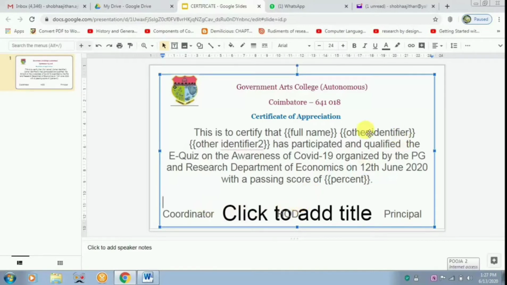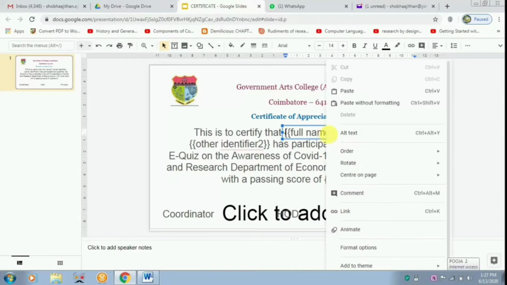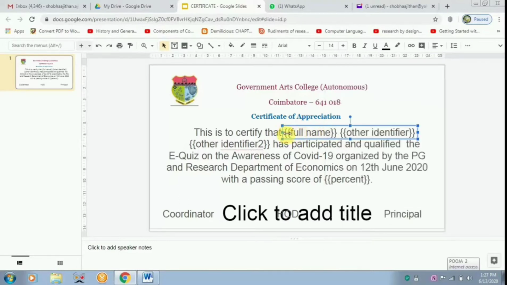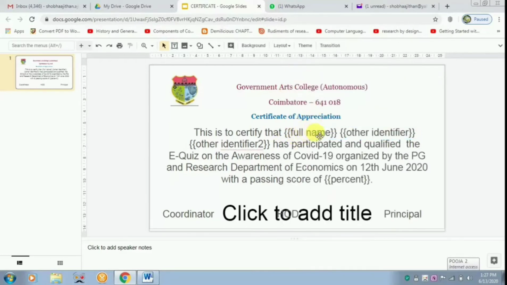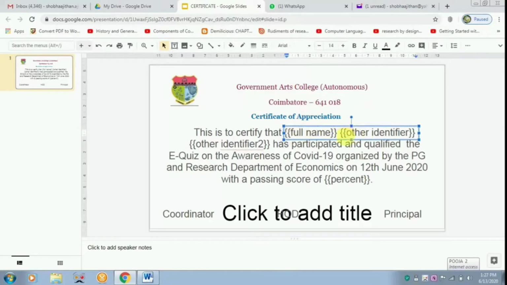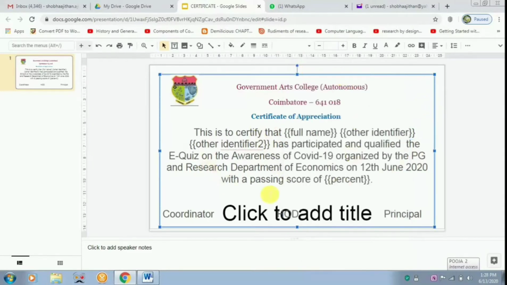Suppose you have made a mistake in this particular part. Now how to edit it? What you have to do is click the right tab, later just cut it. So this toolbox disappears, and then you will be able to change the setting over here. Now I have left it as such. So to remove the toolbox, I am repeating it once again, with the help of the right tab, you have to cut it. Now since I have not selected, this option is not activated. Now the certificate is done.